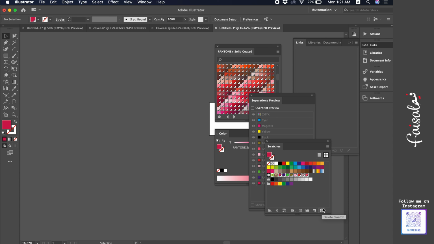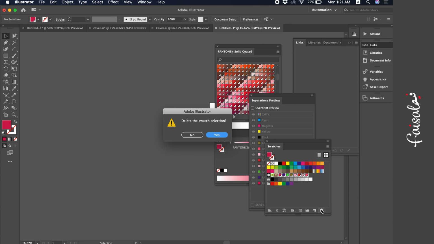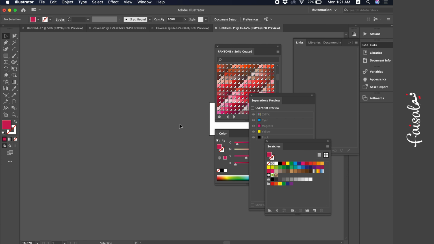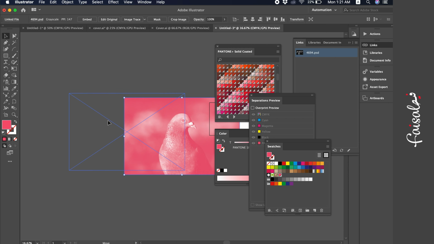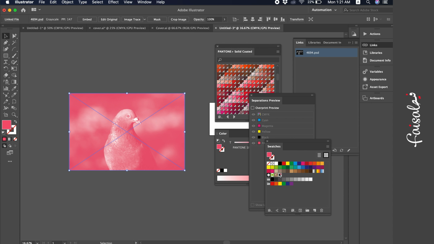Here's how to extract Pantone colors from the swatches, or just delete them if you don't want them showing in the separation preview. Then I paste the image. It comes back here in the swatches. The Pantone color, the only one I'm using,